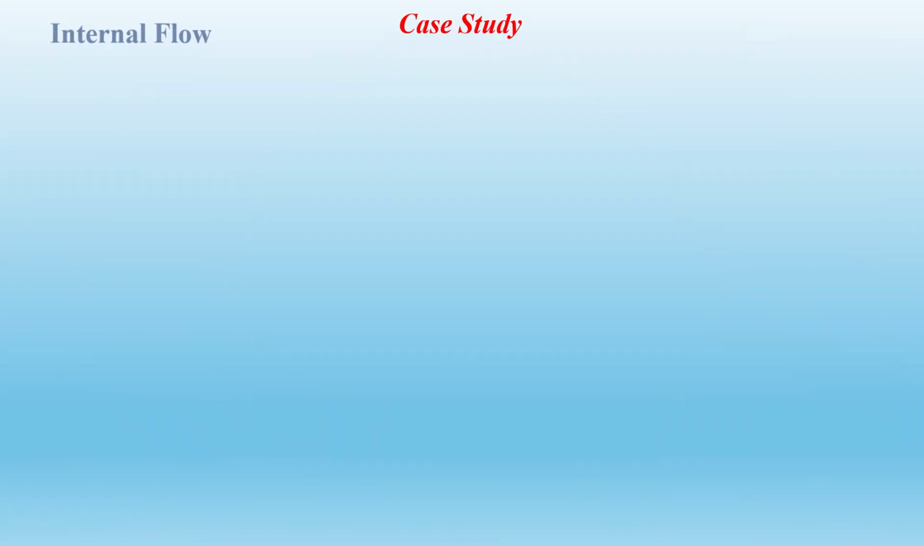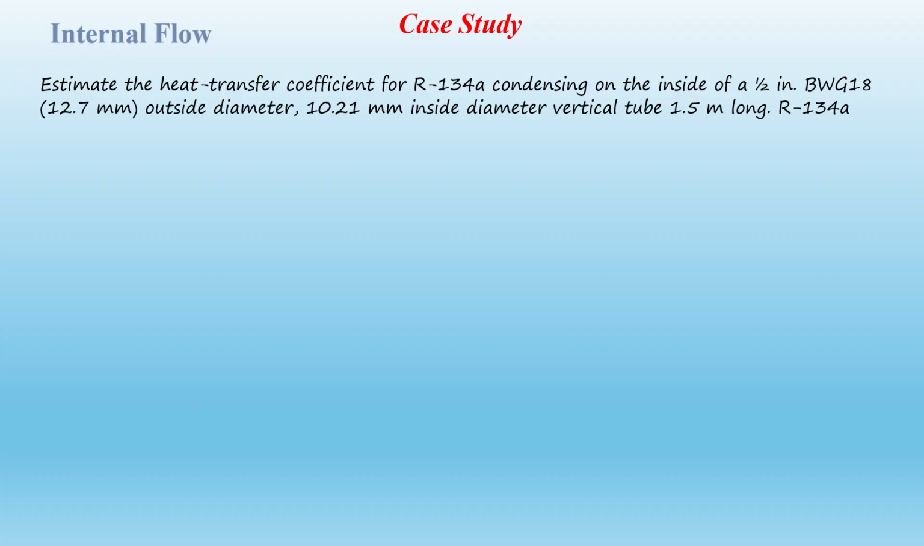The case study for condensation process: we have a tube having BWG18 with 12.7 millimeter outside diameter and 10.21 millimeter inside diameter with vertical orientation, where Freon 134A passes as a saturated vapor at a pressure 3 bar absolute through a vertical tube at the rate of 40 kilogram per hour, and we need to calculate or predict the